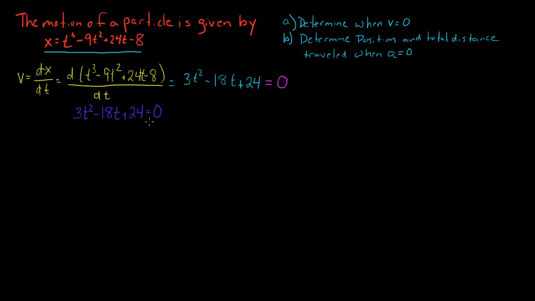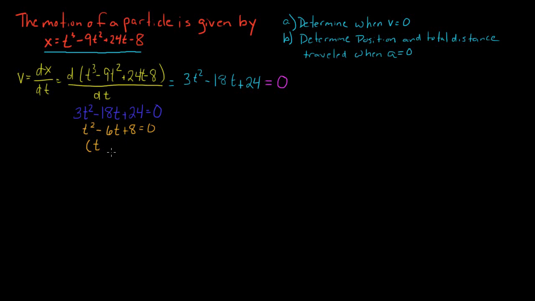We can simplify this. We can take a 3 out, so we get t squared minus 6t plus 8 is equal to 0. And we can factor this and get